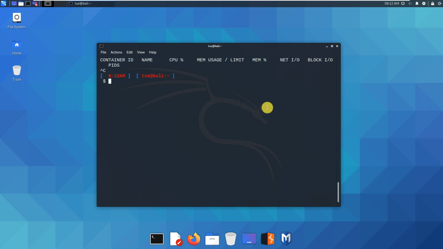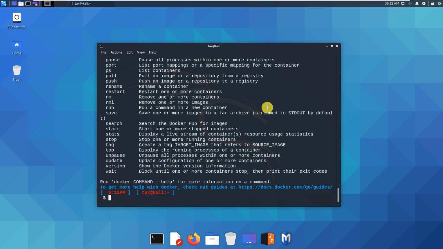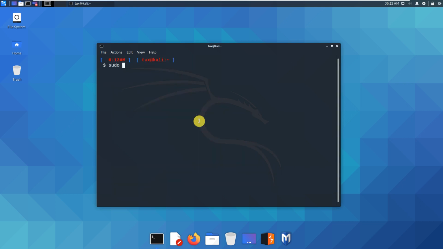Yeah, or status. Oh, sorry, so you have the stats, that's the command. So just sudo docker stats. Looks like none is there. So we're going to pull the